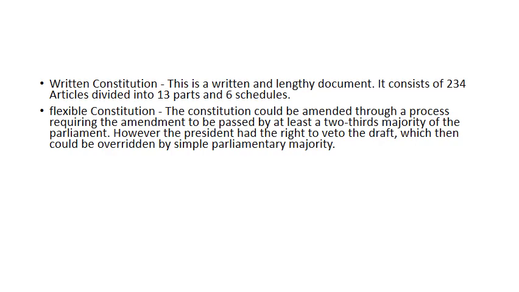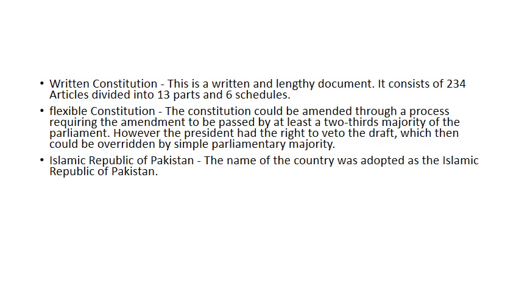It was possible to amend this constitution by at least a 2/3 majority of the parliament, and the president had the right to veto the draft. However, his veto could be overridden by a simple parliamentary majority. The next